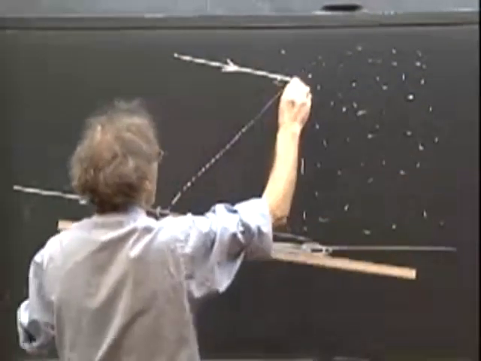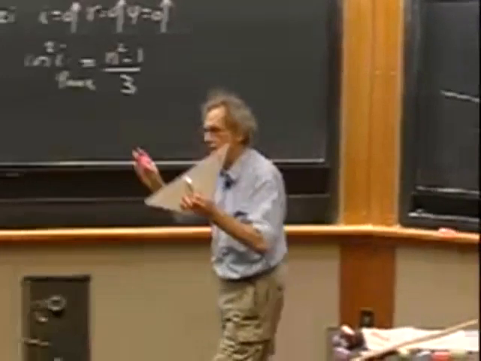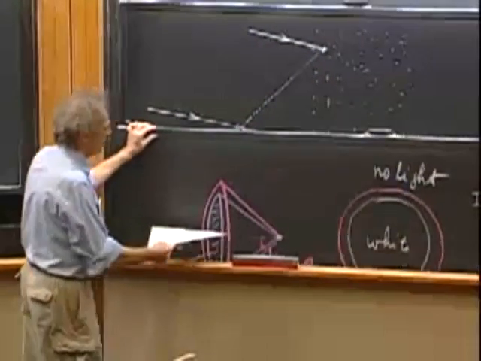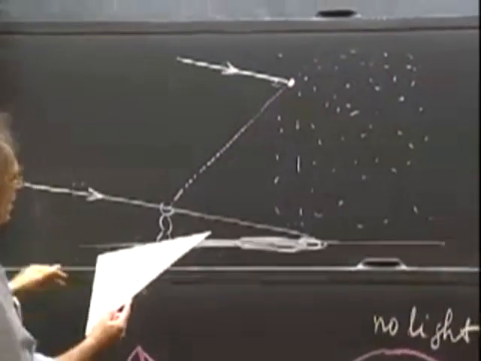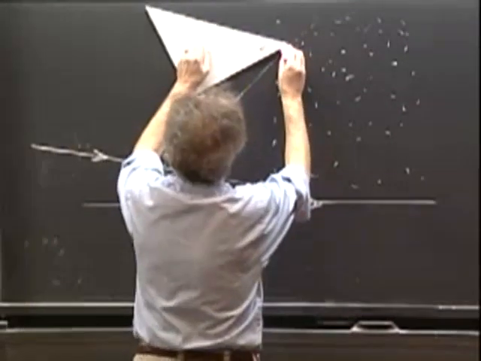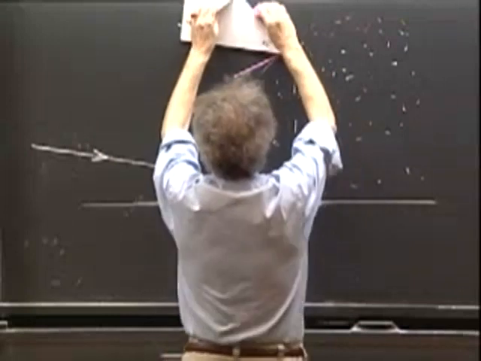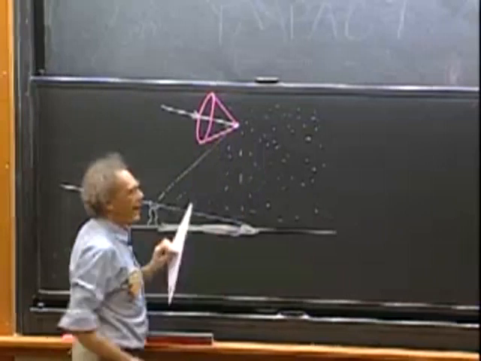And what does this one drop do? Like all the other zillions of drops, they reflect into the direction of the sun a cone, which is like this. Each one does that individually. So there we go, 42 degrees. Here is that cone. 42 degrees. Here is that cone. And I will not draw the violet one.